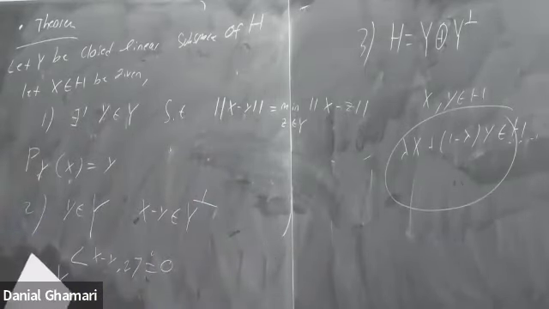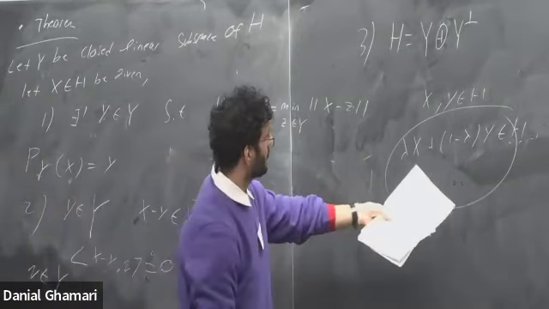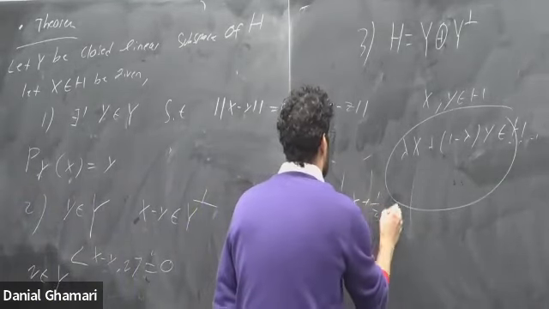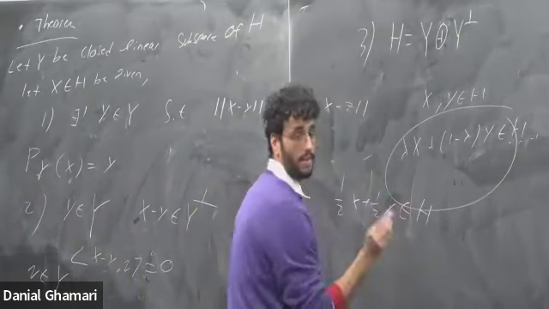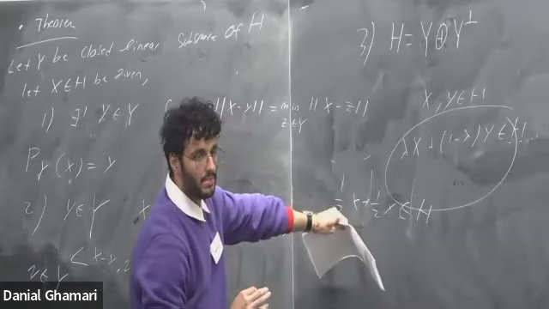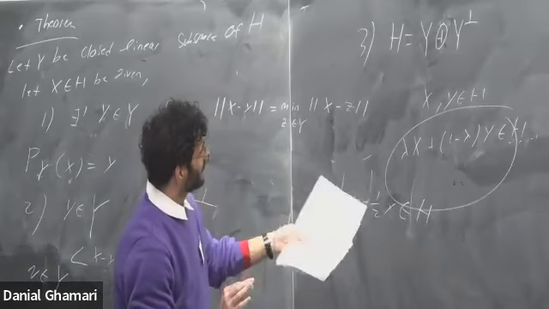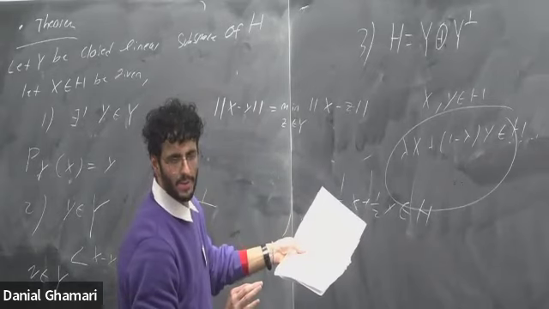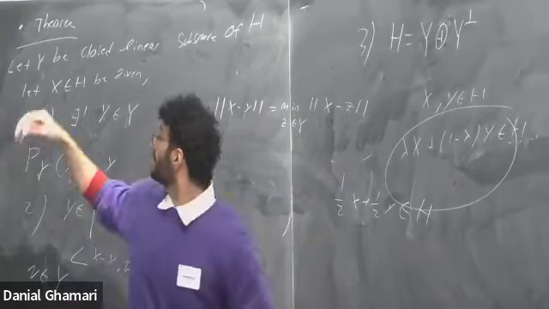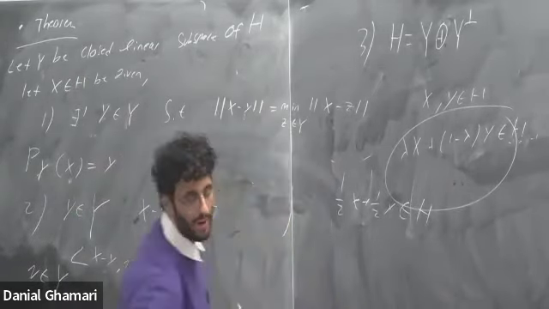If I was to go through the proof, there's a step where you just need the fact that 1/2 x plus 1/2 y is an element of H, and that's it. That's the only term you need to show is in H, and then you can basically prove it. If you Google Hilbert's projection theorem, you only need a convex set. It's a much weaker assumption, but I'm going to work with subspaces because we're working with them regardless.